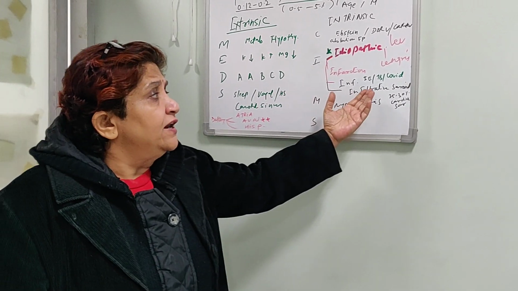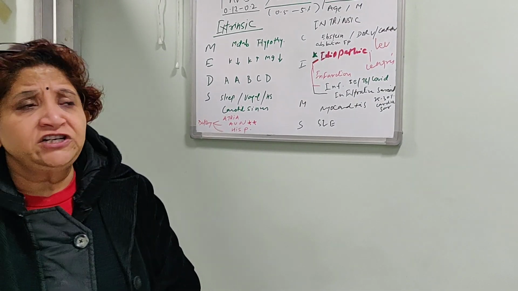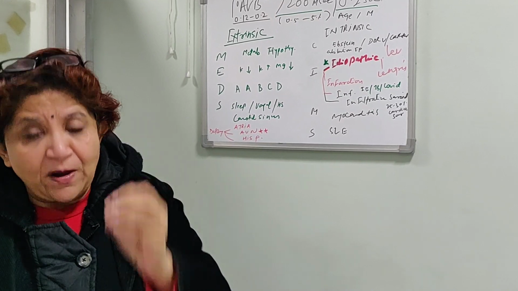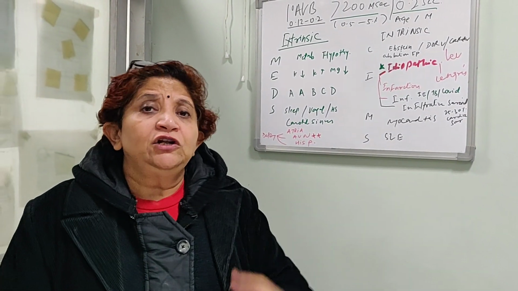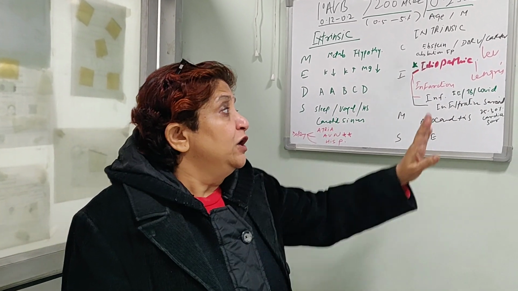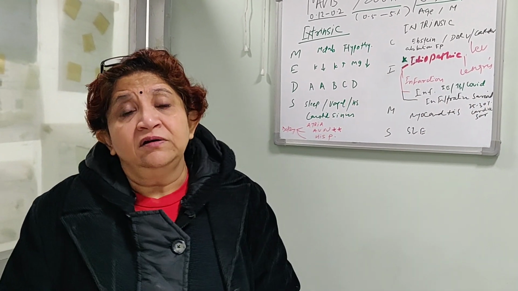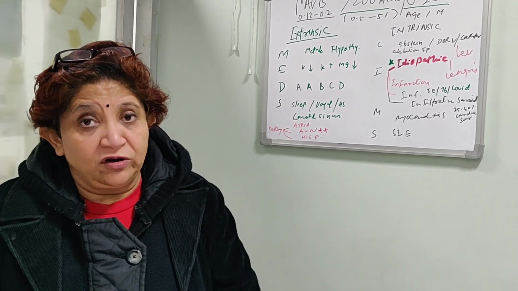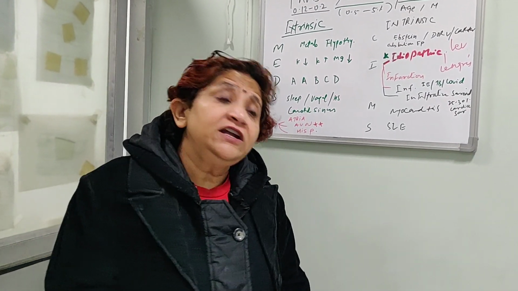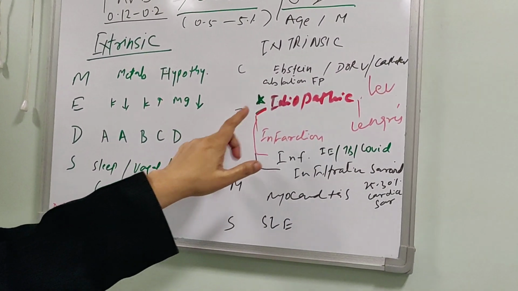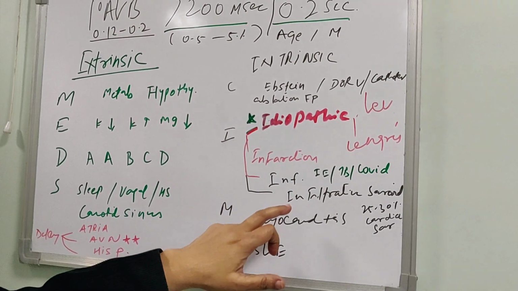And then we come to infiltration. Infiltration means some granulomatous deposits are getting deposited in various places, including the heart and conduction system. The example is sarcoidosis. It has been seen that in cardiac sarcoidosis, 25 to 30% will have first degree AV block. That means prolongation of the PR interval. So C for congenital, catheter ablation, I for idiopathic, infarction, infection, infiltration.